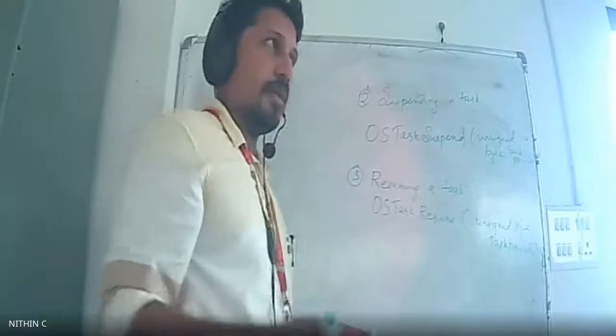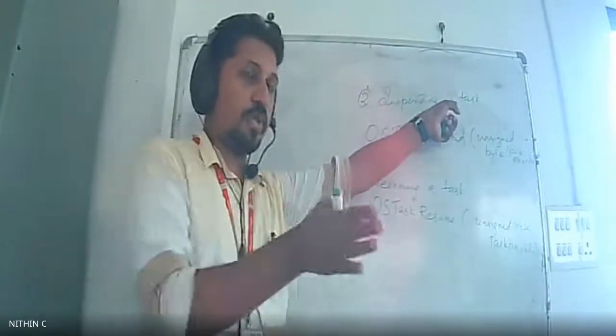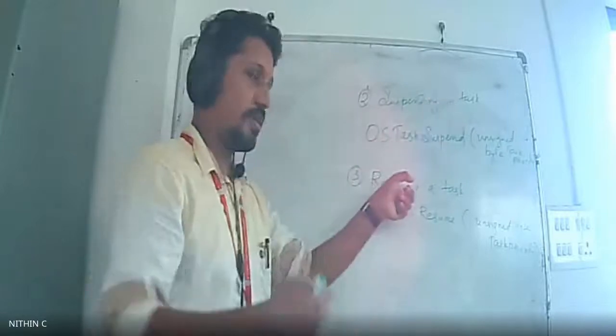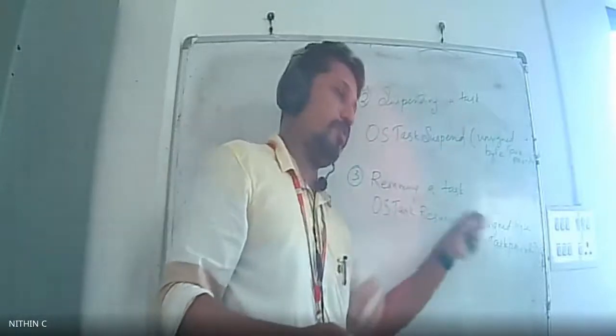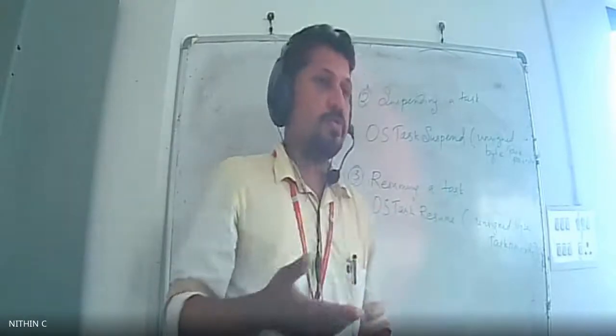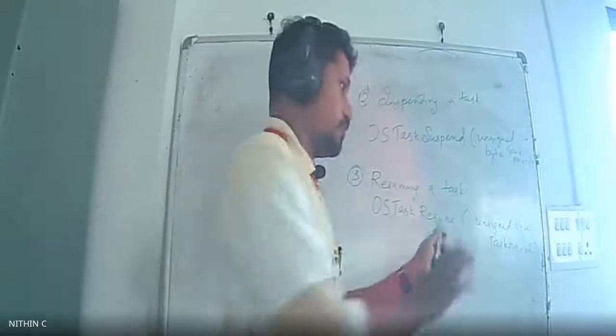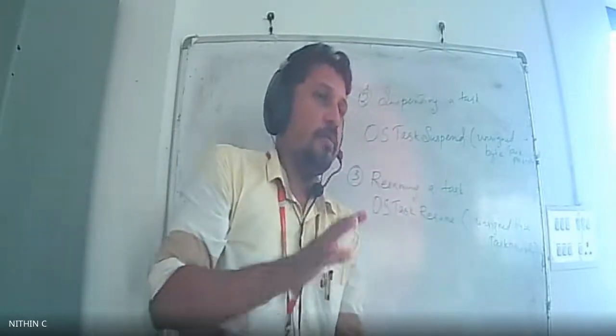So creating a task is there. Then you can use a function for suspending a particular task or blocking that particular task, and then resuming that blocked task. Remember that this can be performed only for a blocked task. We cannot unblock or resume a task which is not blocked. So it should be ensured that the priority that you give over here is that of a blocked task.